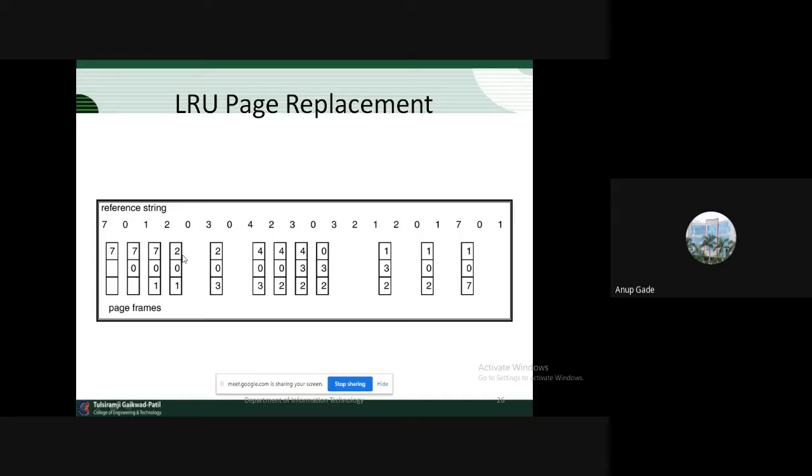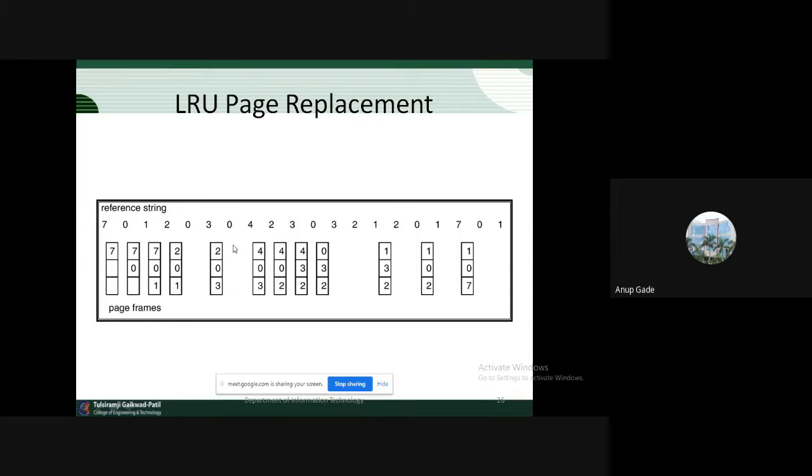Okay, somebody may have a confusion कि जीरो हमने यहाँ पे, 0 is older than 1, ऐसा अगर आपको लग रहा है तो no, it's not there, because 0 we have used here once. मतलब 0 को हमने यहाँ पे यूज किया है, that's why it is not least recently used. Out of these three, 1 is the oldest element which was not used for the longest period of time. 0 we used, that's why we are not replacing 0, we are replacing 1 with 3.